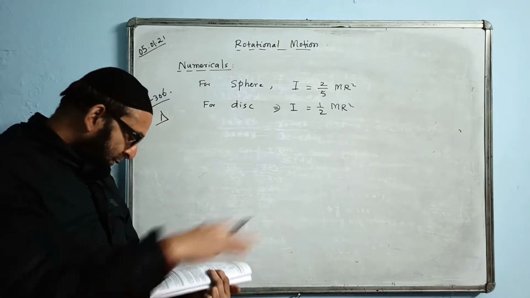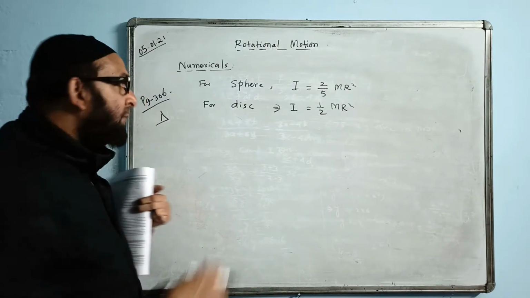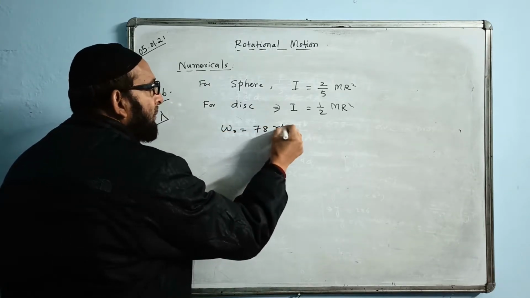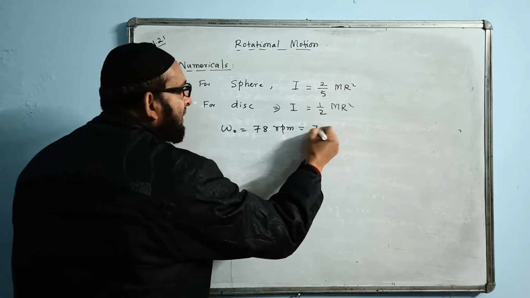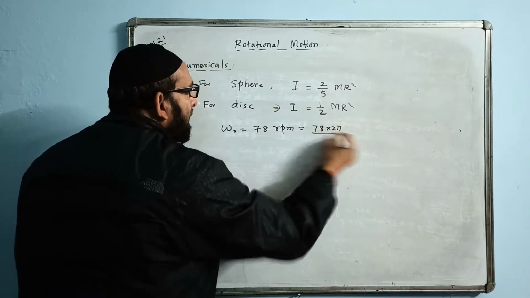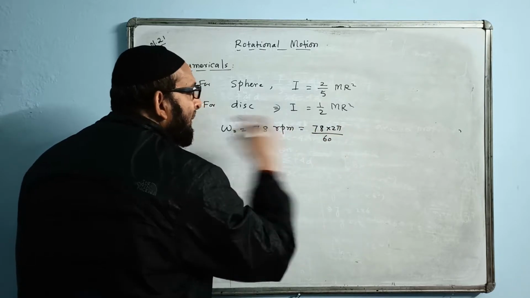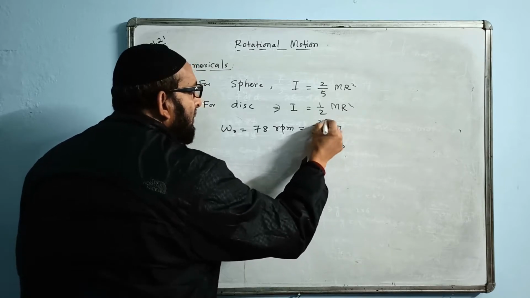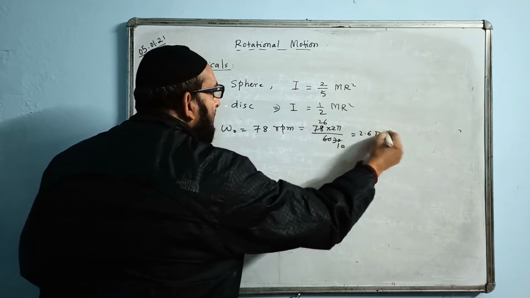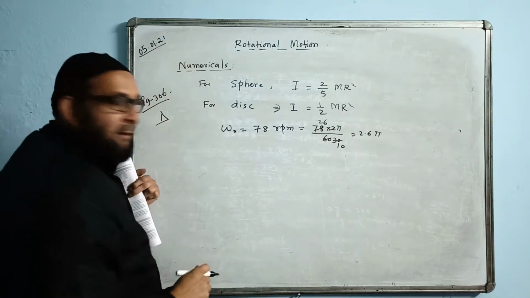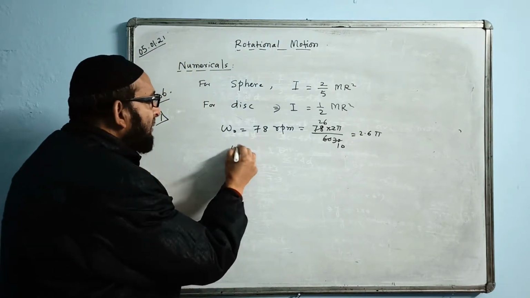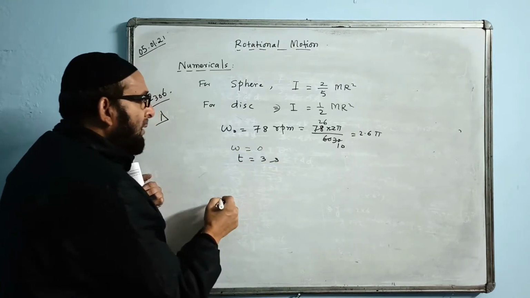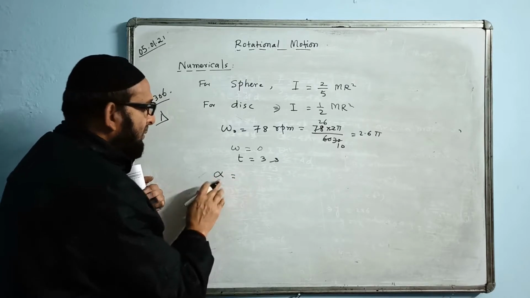Turntable is rotating with the speed of 78 rpm, that is, initial speed omega naught is given as 78 rpm. Immediately we will change it to radian per second. 78 into 2 pi, a minute is there, we will change it to seconds. You can cancel, 2 30s are 60, 3 10s are 30, this will come 2.6 pi. Omega naught is 2.6 pi. And it is coming to rest, that means final velocity is 0, and time of coming to rest is given as 3 seconds. You have to find angular acceleration alpha.